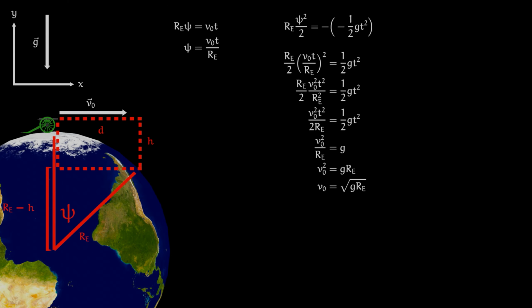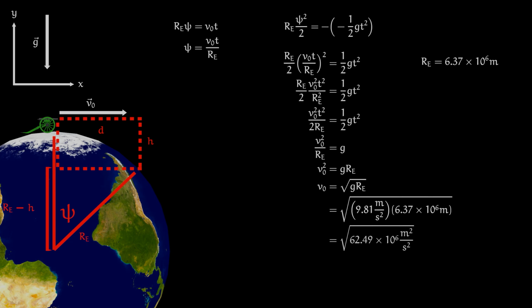Looking up the radius of the Earth to find it is equal to 6.37 times 10 to the 6 meters, and plugging in gravity as 9.81 meters per second squared, we end up with a required initial velocity of plus or minus 7.91 times 10 to the third meters per second. This is roughly